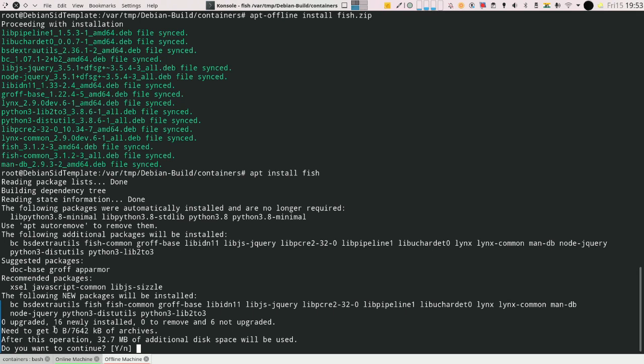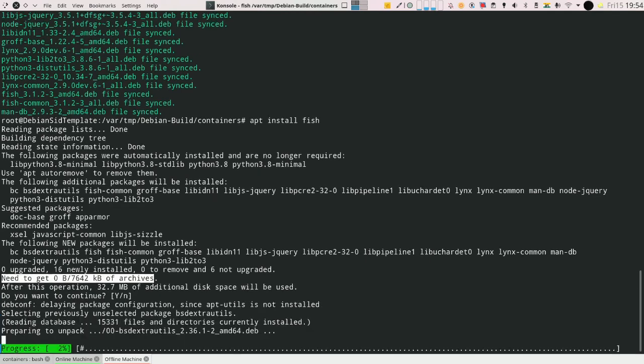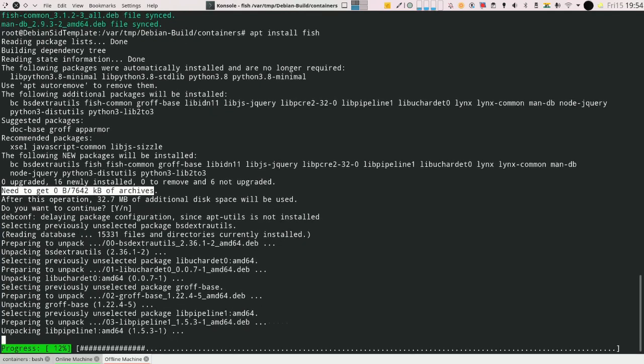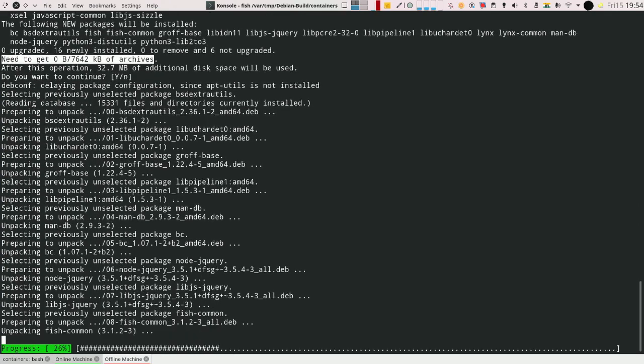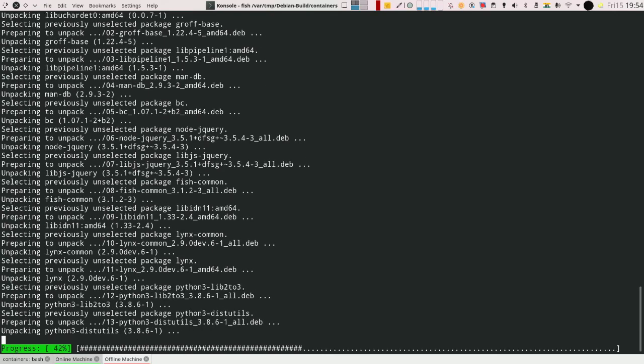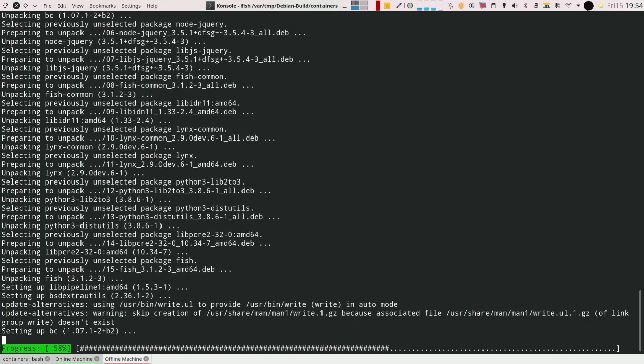The only big difference is this: you have 0 bytes to download from the internet. So apt offline did the job in the background of letting APT have all the data in place. So if you proceed further now, APT will install your packages as if everything just magically came back and is available.